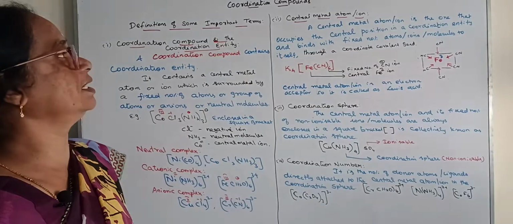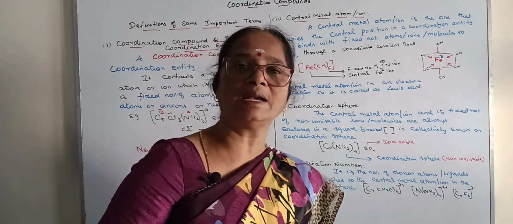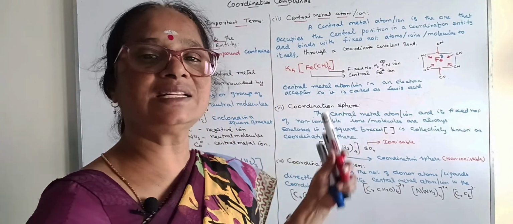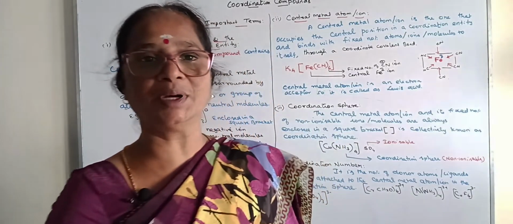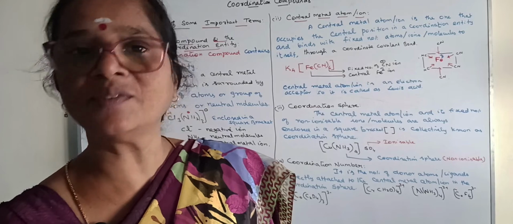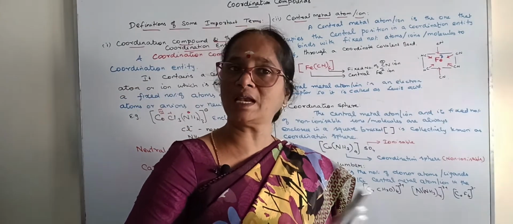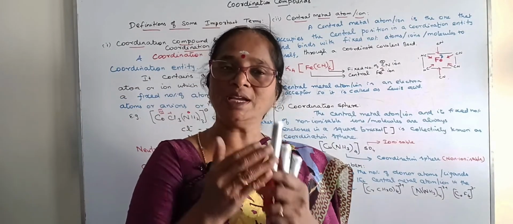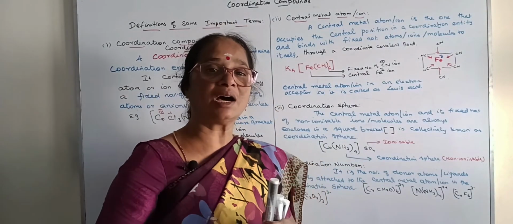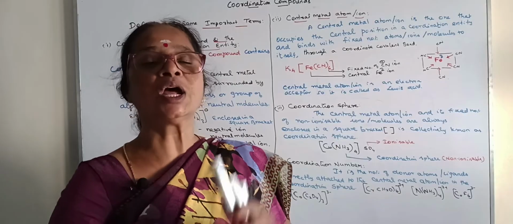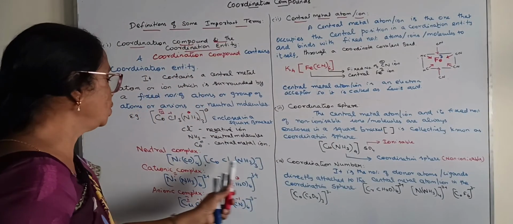The second one is, what do you mean by central metal atom or ion? These central metal atoms or ions are usually from transition elements because those only have vacant (n-1)d orbitals and ns orbitals. So here these central metal atoms or ions are capable of accepting the electrons donated by such donor